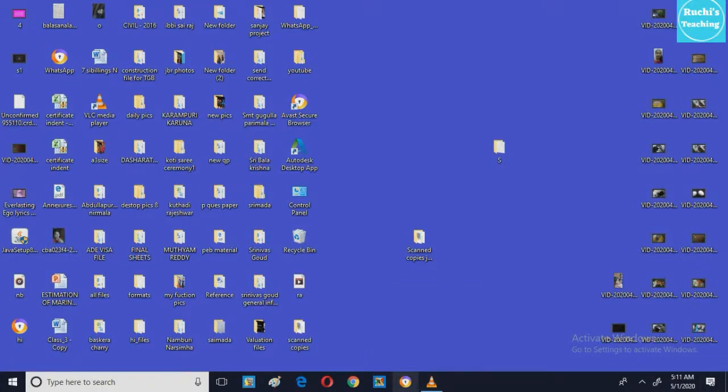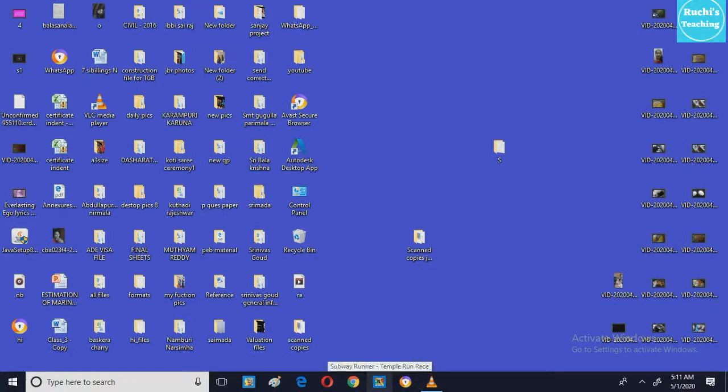Now next come to the icons. See, when I keep my mouse pointer here, it is showing Task View, and this is one file. I think it is not showing any name. And here a paintbrush file. Here this is a net browser. This is also one, Opera, it is also a browser.